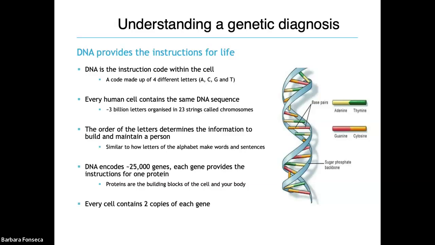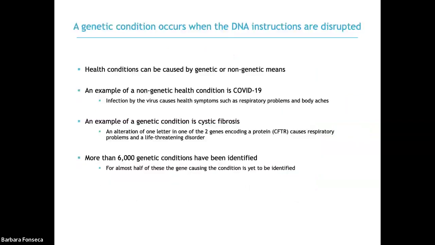Okay, so DNA is what we're talking about when we're talking about genetics. It is this double helix instructive code that's found in the nucleus of every cell in the body. It's a code made up of 4 different letters, A, C, G, and T. Every human cell has this. It's organized into 23 strips called chromosomes. And the order of the letters determines the information